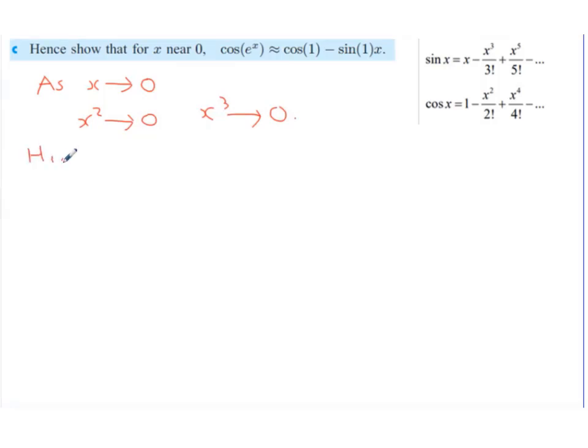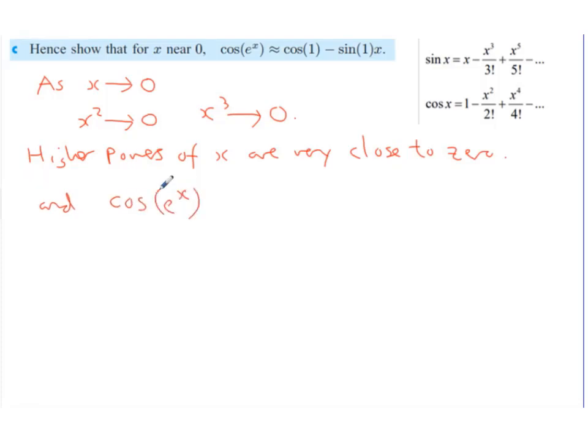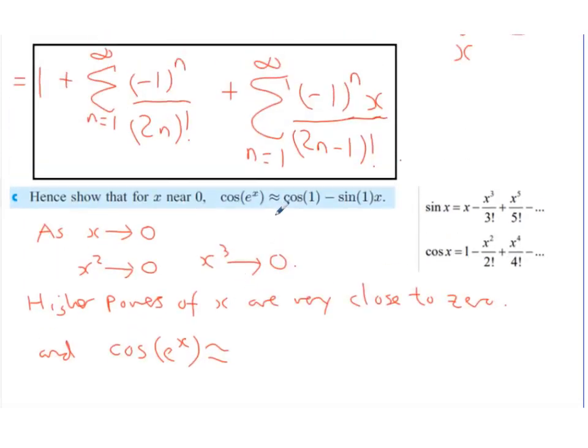Higher powers of x are very close to 0. And that means cosine of e to the x is going to be very close, for very low x's, approximately equal to the series that we just worked out,